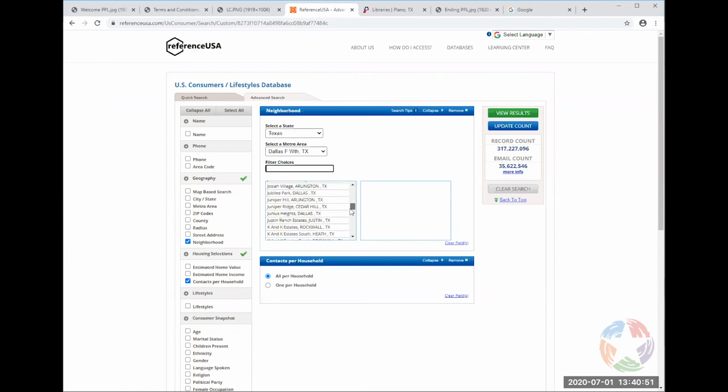Let's see. I just went past the I's. See if this will work. It's hard to do this. Okay, let's try. Okay, and so you can see we've got Grapevine in there, we've got Burleson in there. Don't know if I'm going to be able to get to the I's. Hillcrest. Oh my goodness.